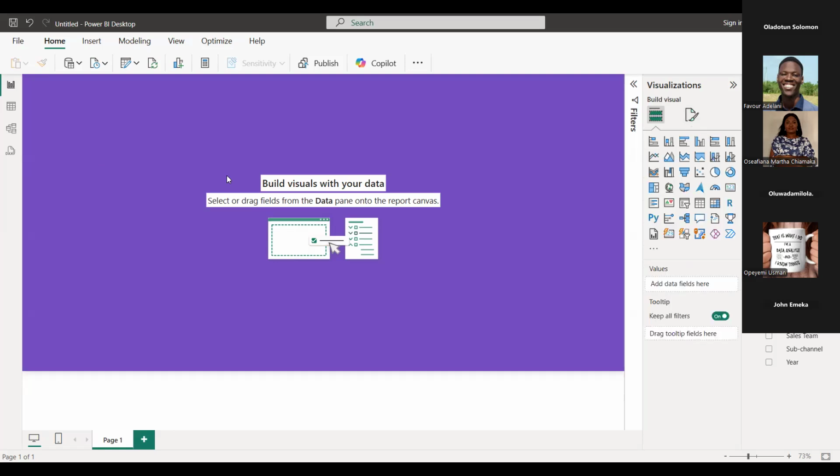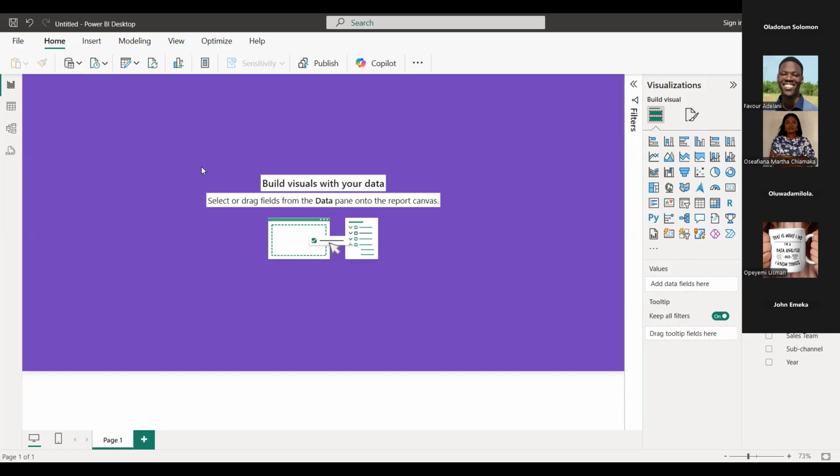Now, I was saying earlier that whenever you come to Power BI, there are some things you must already have known. Number one, the questions you'll be answering. Number two, how you want to structure. Knowing the questions you want to answer will determine how you want to structure your report.